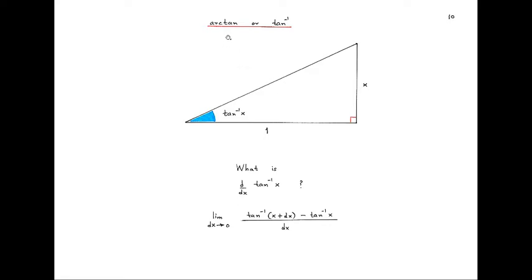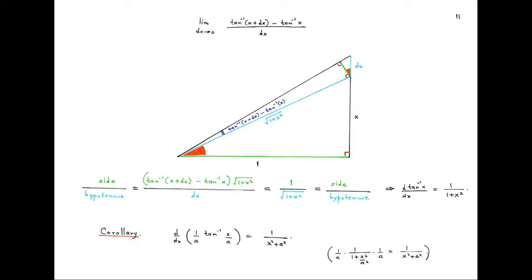What's the arctan or tan inverse function? Well, suppose you have a right angle triangle where this base length is fixed as 1 and this height is thought of as a variable. So if we have a certain height x, then the angle that we get correspondingly will be called tan inverse of x. And we are interested in finding out what is the derivative of tan inverse of x. In other words, we are interested in this difference quotient, the limit as dx tends to 0 of (tan inverse of (x plus dx) minus tan inverse of x) divided by dx. We will show that this derivative is in fact 1 by 1 plus x square, but